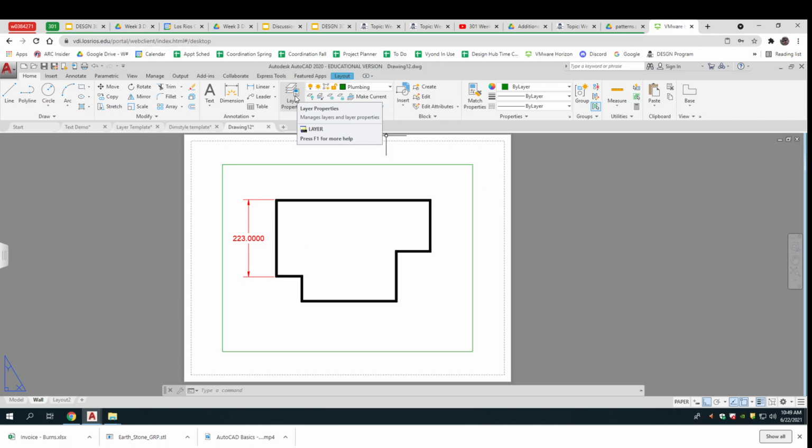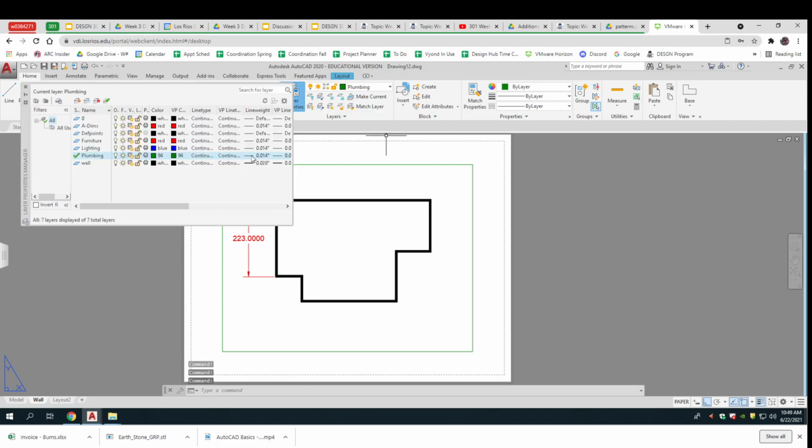Now, what you just need to know is that you can do exactly what I showed right here. Make a new layer, call it whatever it's supposed to be called, give it a color, a line type, and a line weight. The only one that's kind of tricky there is the line type. I made these all continuous. But if I need a different line type, I have to go through load line type,